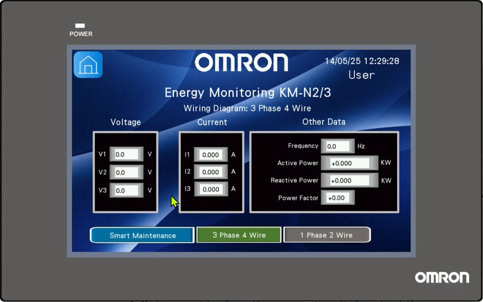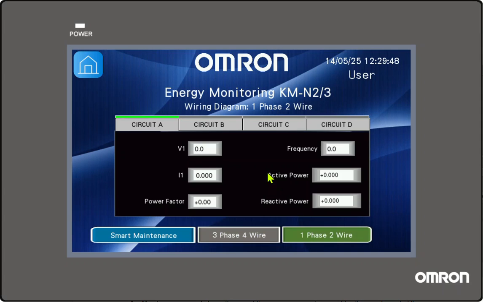And in this first page, I put the measured voltage for the 3 phases, the same for the current, and also for other different data, like frequency, active reactive power, or the power factor. And in the 1-phase and 2 wires, we have different tabs for the different circuits that we have, and the related data like in the 3-phase 4 wires wiring diagram.